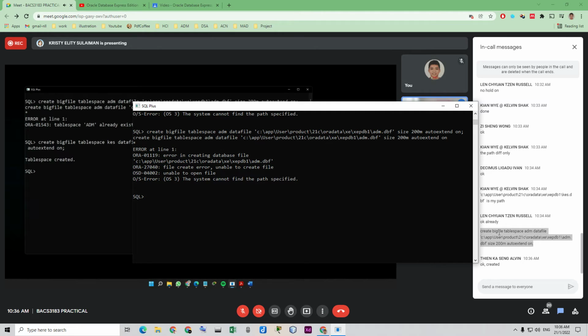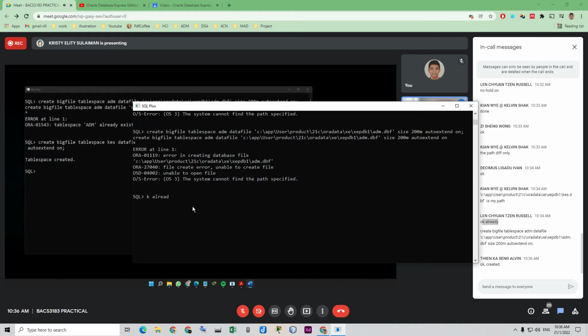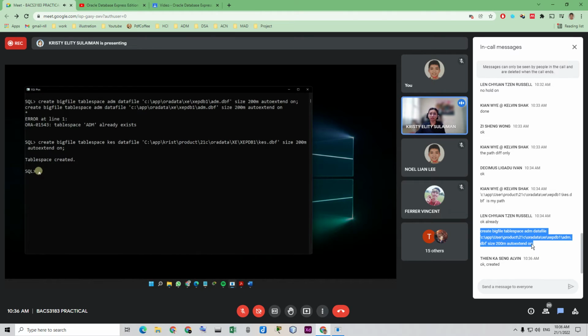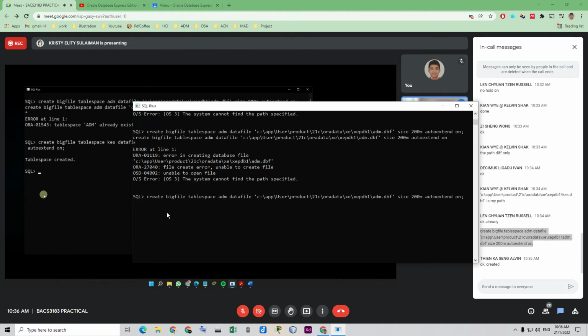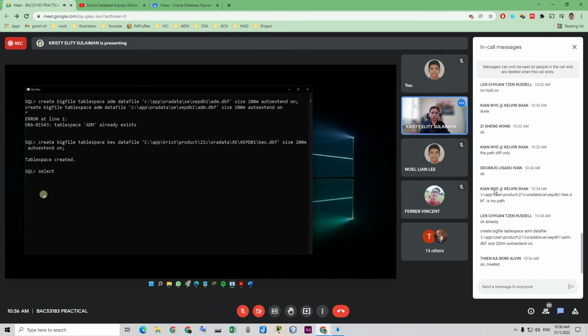Okay, KES. So now let's view it. Let's type select tablespace. This one is from the previous one.